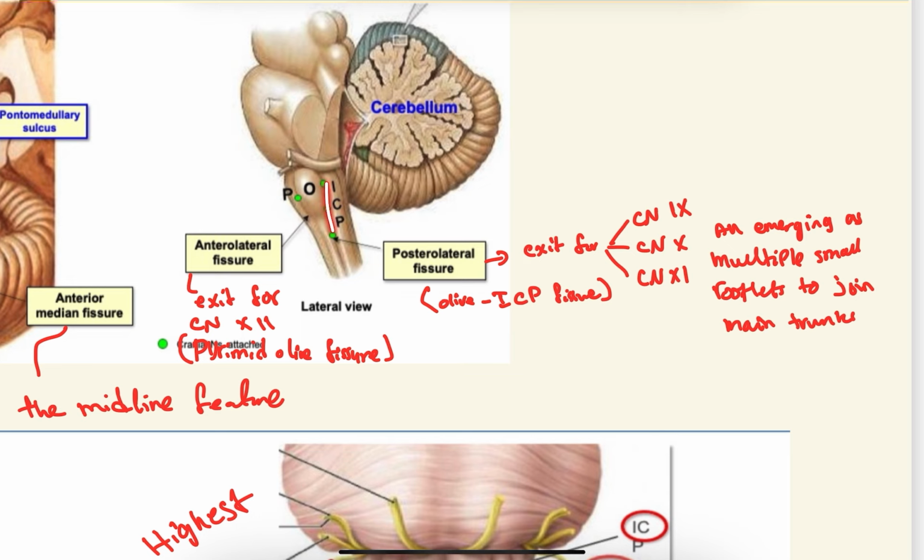The posterolateral one has cranial nerves 9, 10, and 11, which are multiple ones that are joining main trunks, and we also call it the olive ICP fissure. So here we call it the pyramid olive fissure, and here we call it the olive ICP fissure. Makes sense. Okay,